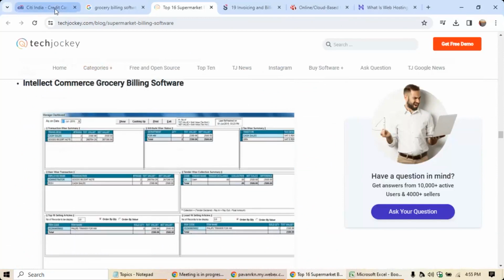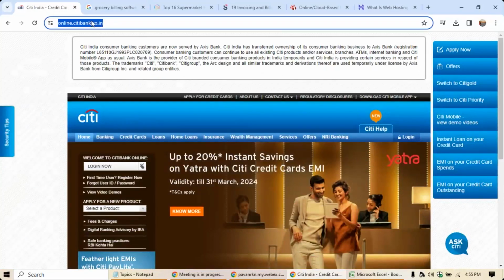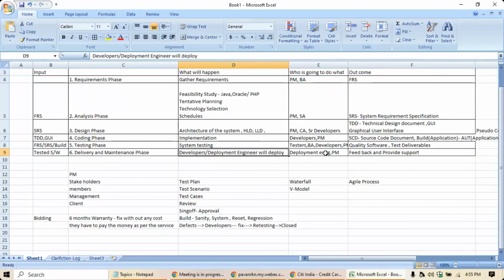Deployment means they are just giving the required support to access this application and the other applications as well. Once that is done, they will provide the required support according to the bidding, whatever agreement they have made. So in all the cases, your project manager is responsible to maintain all these stakeholders, the members and the management